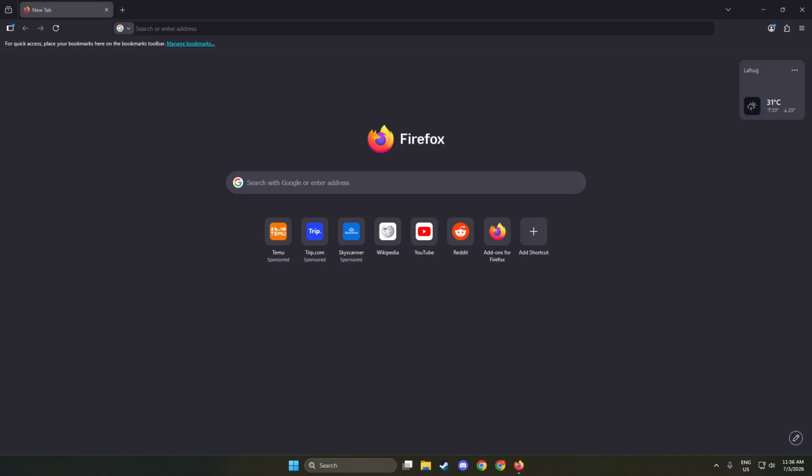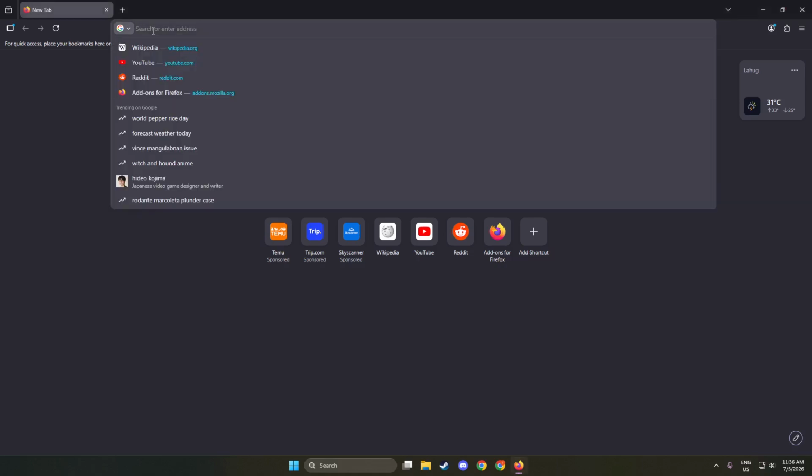As Firefox opens, you will see your home page or the last page visited. It is essential to ensure that you are using the latest version of Firefox for the best performance. Keeping your browser up to date can greatly improve speed and security. Once Firefox is up and running, we can move on to the next step.